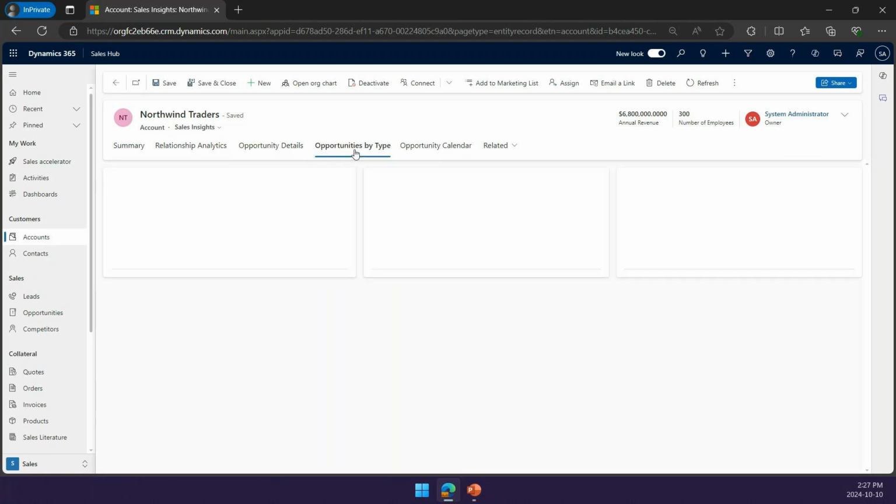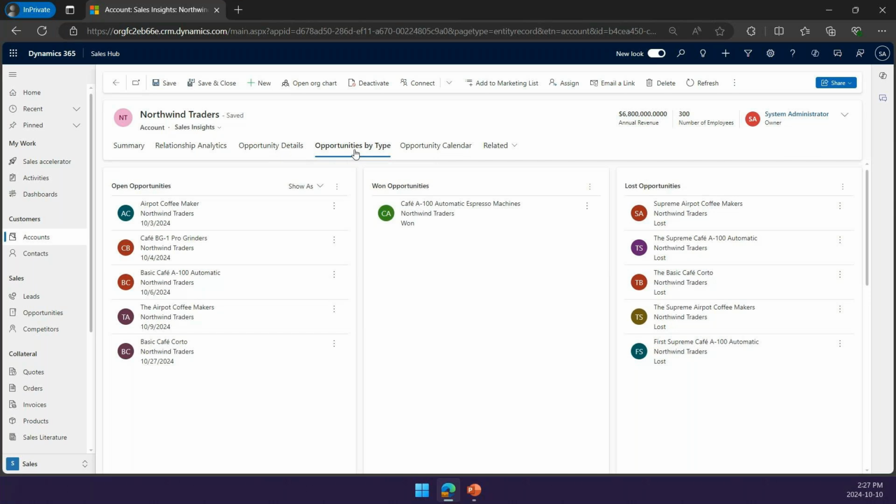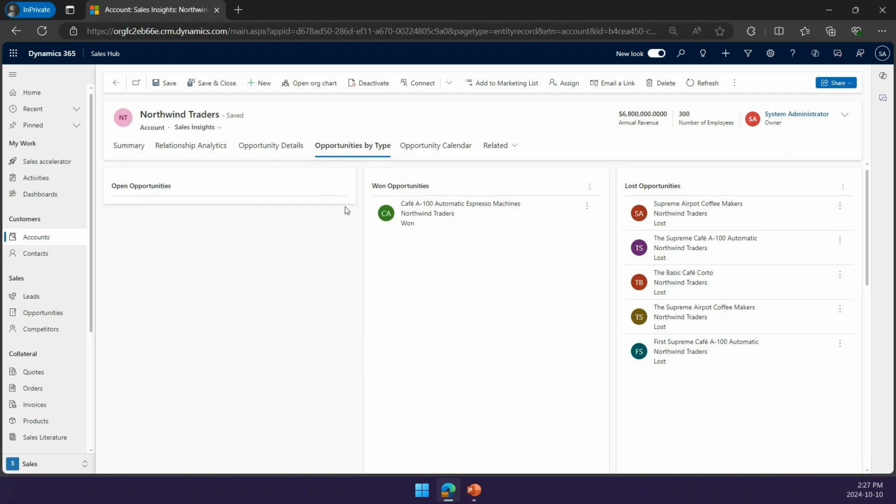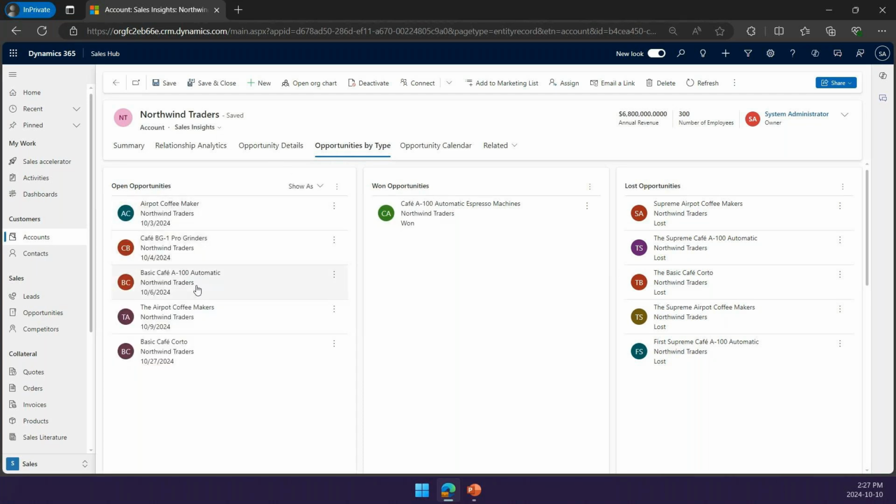Another area that I just wanted to highlight quickly was this card-like view. So you'll probably notice if you're an existing CE user that as your screen changes, the views change from the big read-only grid that we've seen with a scroll bar for all of the columns. As our screen gets smaller, it'll automatically resize to this type of a list view. Now that gives users a different experience. For example, in this type of a form where I have open, won, and lost opportunities all in one form,